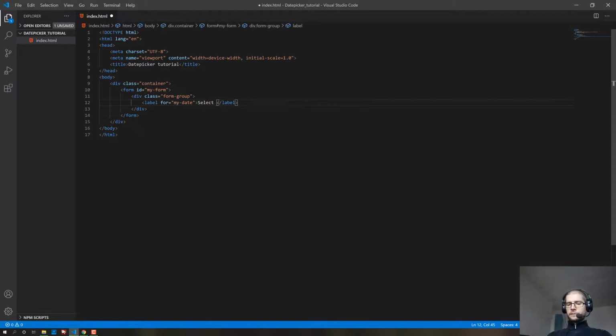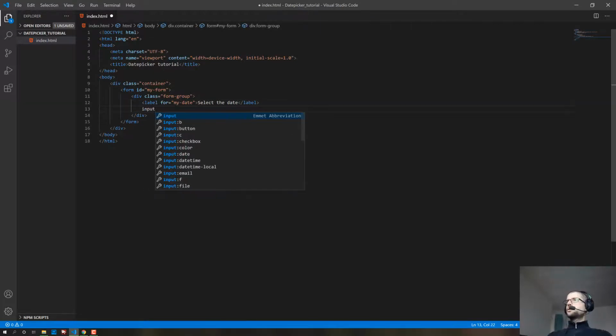Select the date. Right, now it's the input field. It's going to have a class of Datepicker input, and it will have an ID of